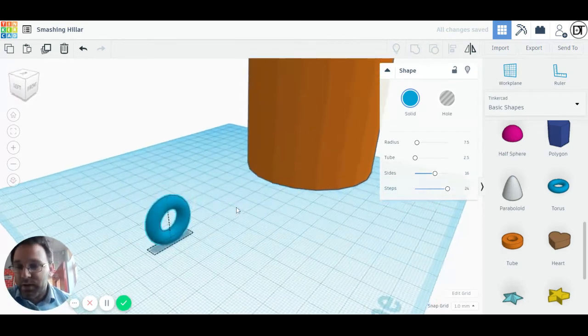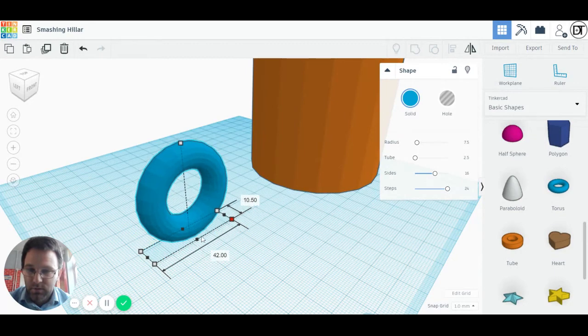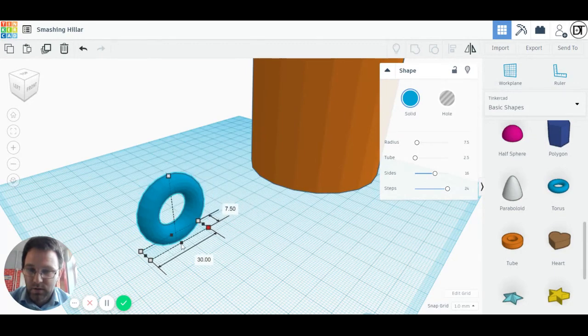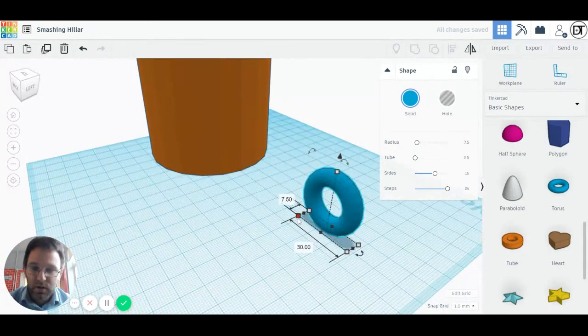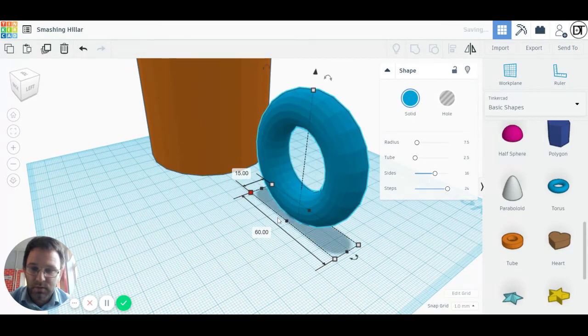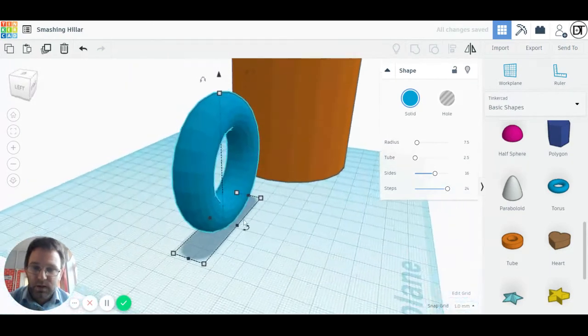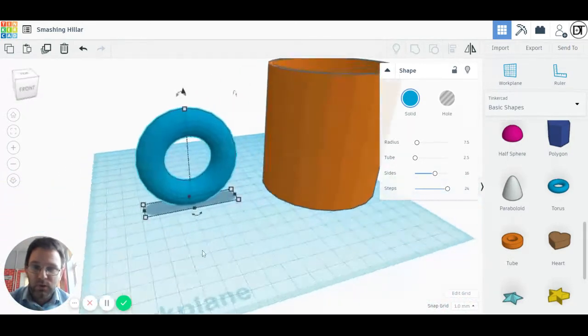Now I need to make this a little bit bigger. So I'm going to hold shift, I'm going to use the corner button. First of all, I'm going to go out by 7.5 millimeters, and then on the other side, I'm going to go out by 7.5 millimeters as well. So hold shift. Too far already. 7.5 millimeters. Then I spin around from the other side, hold shift. This time I'm going to go up to 15 millimeters. There we go. Okay, so this is now roughly the correct size for the